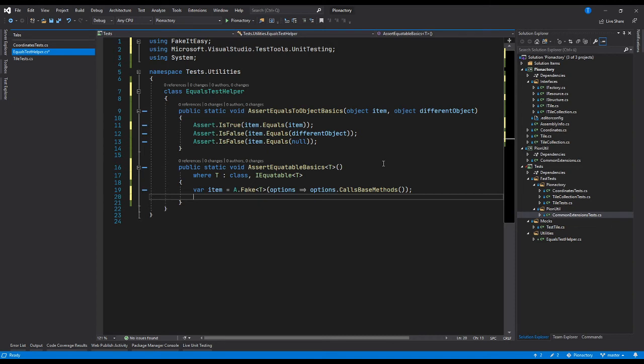Because now I think I can actually get the call. The thing is, I need to see if the call has happened. So if I call item.Equals(object item), I need to assert that that's true, obviously. But I also need to check that it actually called the other one. So, why is item of type T? Assert.A.CallTo item dot equals